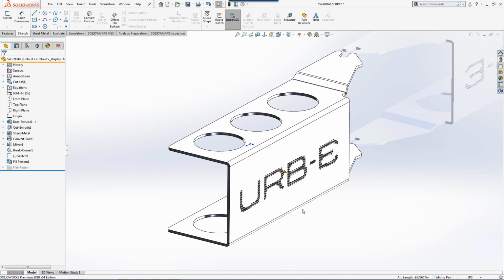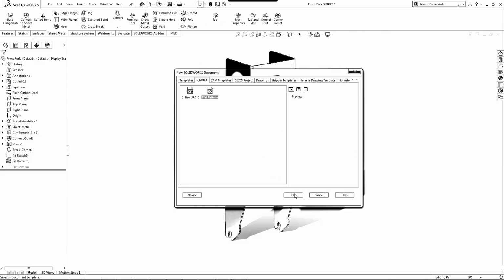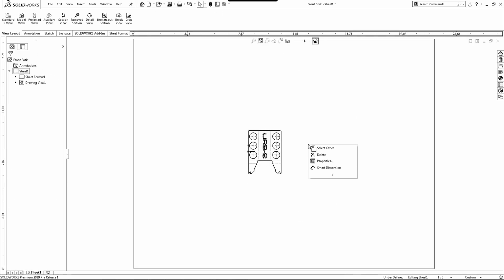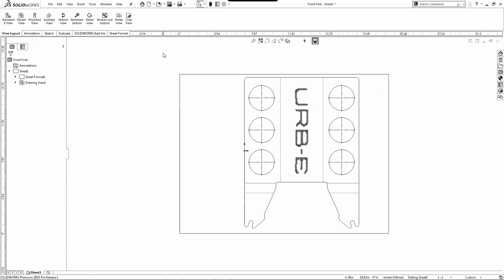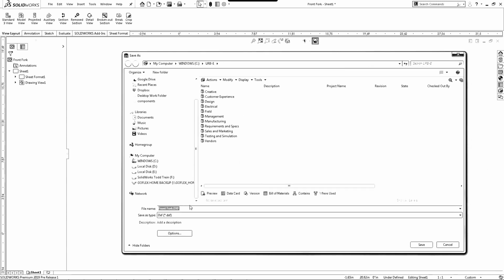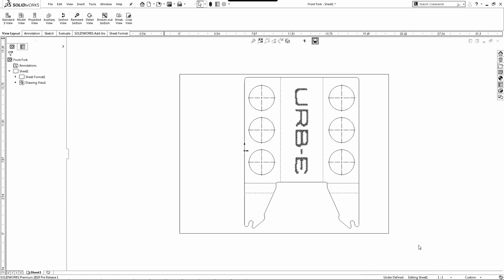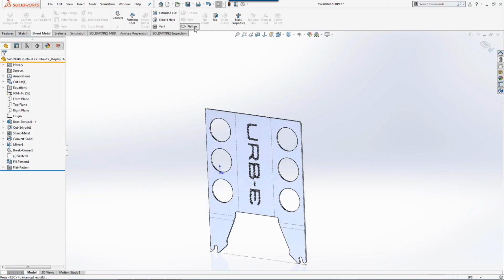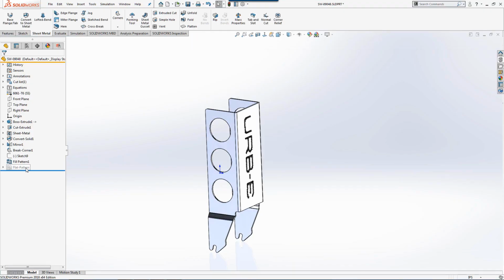Now it's time for prototyping. Typically, a 2D drawing would be created and generate a flat pattern, which could take some extra steps. However, I just want to get the DXF to the shop as soon as possible. Right in the feature tree, I can directly obtain a flat pattern without manually creating a drawing by selecting Export